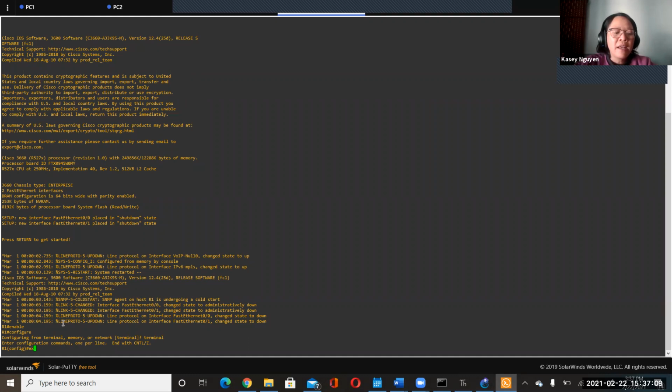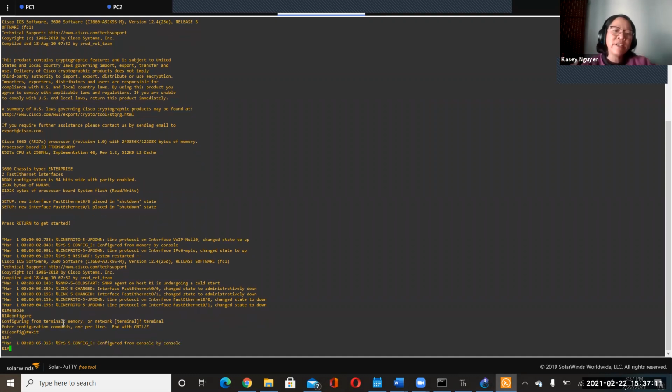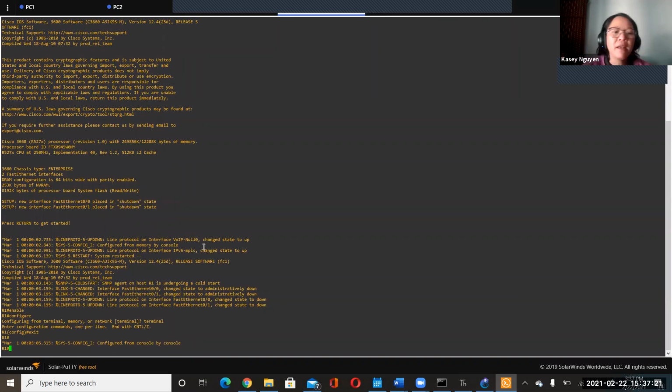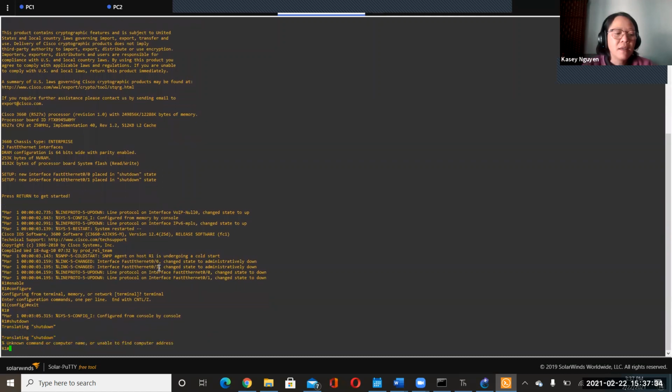So if I wanted to exit, I just exit and it brings me out of the configuration mode. It would take me back to the router name. I'm trying to zoom in, but yes, you can change the preference on the GNS3, which I should have done. Do you have any questions? Let me see. Yeah, it still doesn't have the IP and the system information, so it didn't like to shut down.